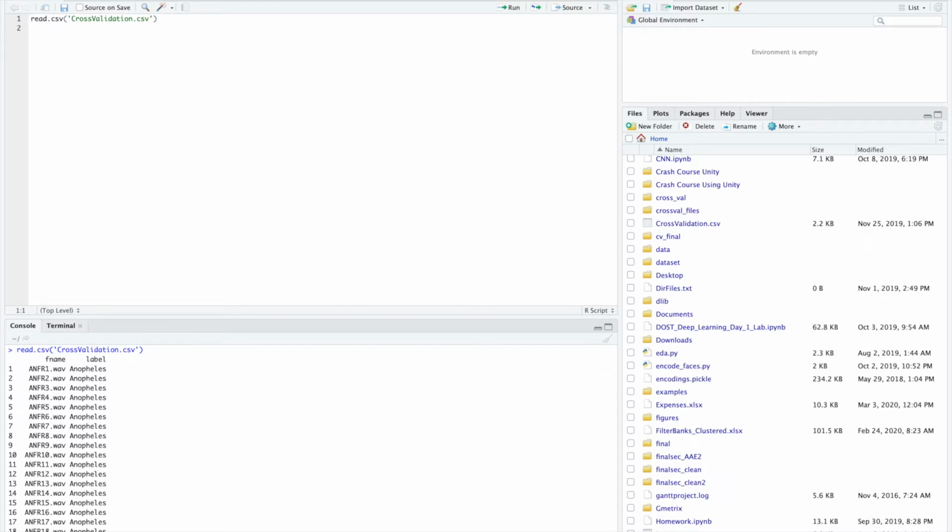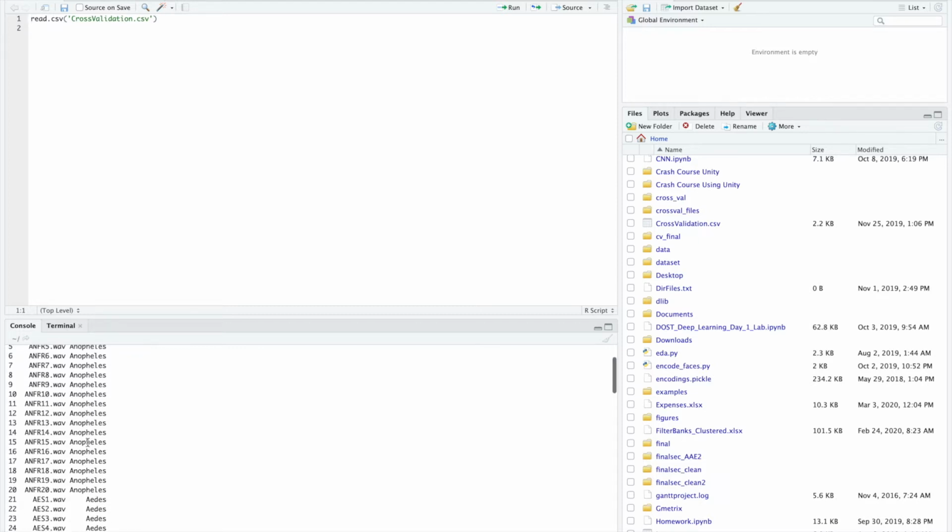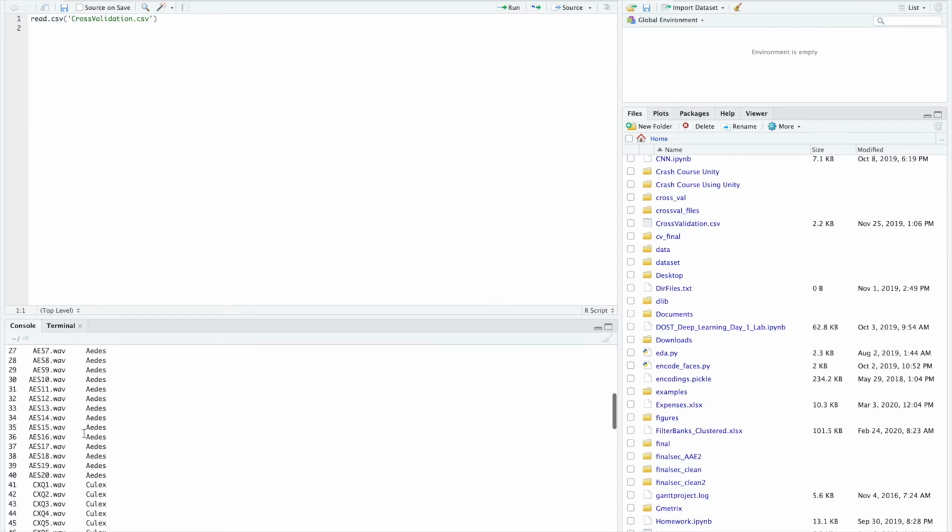This cross validation is the one I'm using for my research about mosquitoes. So let's try here, mosquito species, and remember how we save values to a variable. It's just like saving the contents of this CSV file in a data frame of a variable named mosquito species. Once you run that,